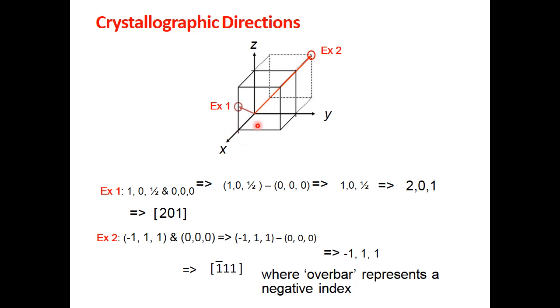here from the origin towards this direction you have positive x-axis. From the origin towards the other side you are having minus x-axis. Similarly, from the origin towards this direction you will be having minus y-axis, and from the origin towards this direction you will be having positive z-axis. From the origin towards this direction you will be having minus z-axis.